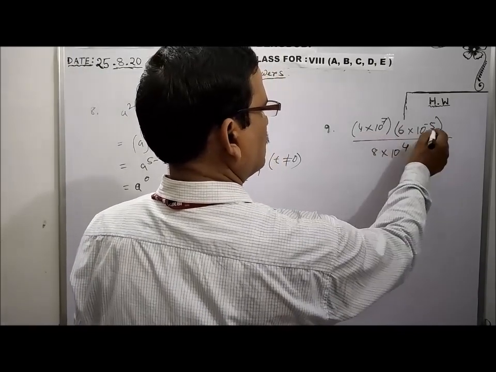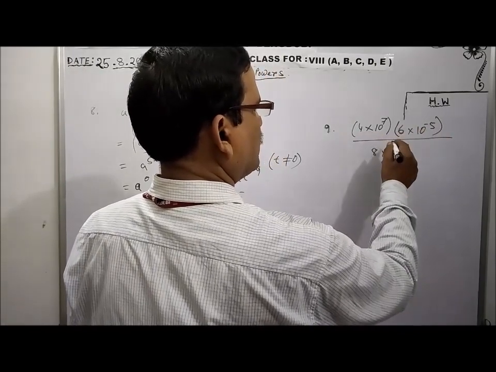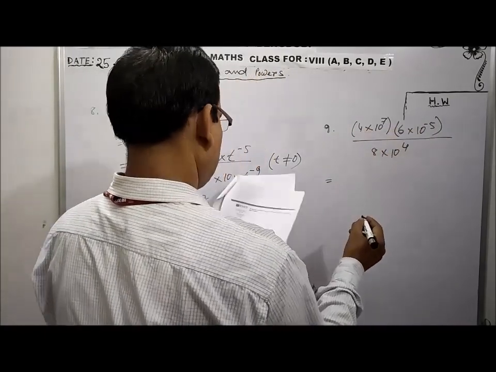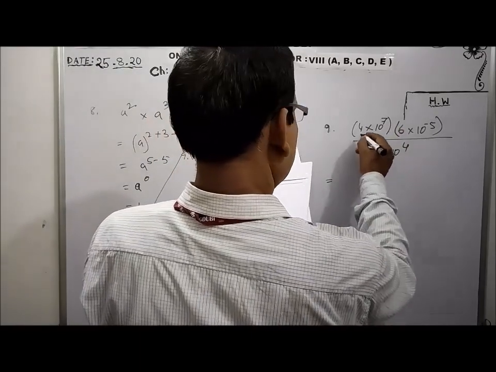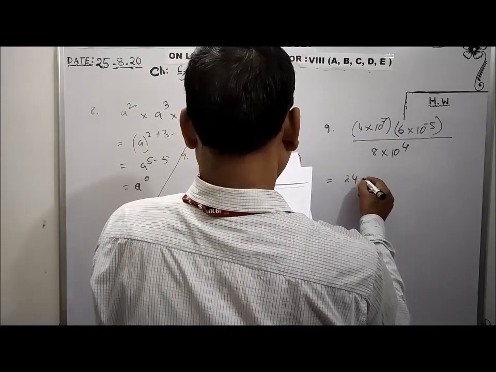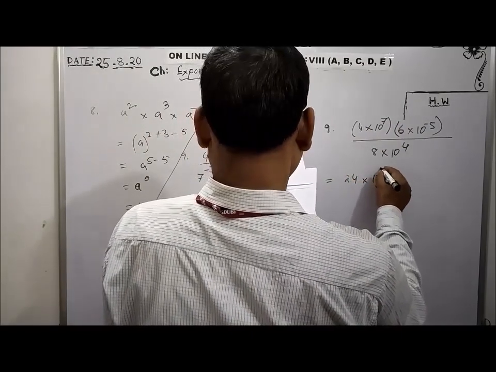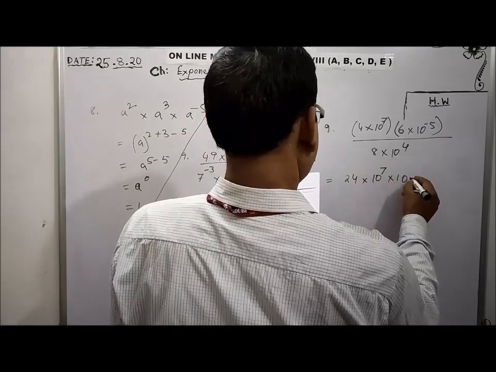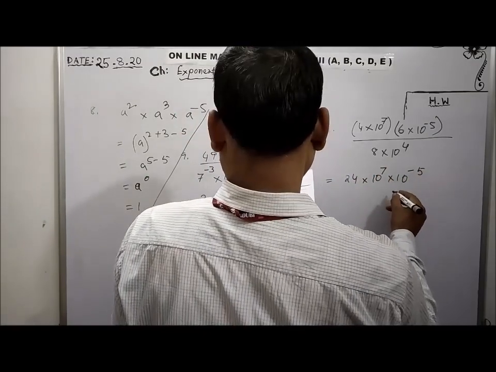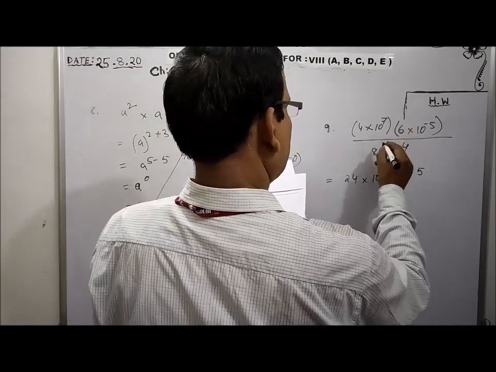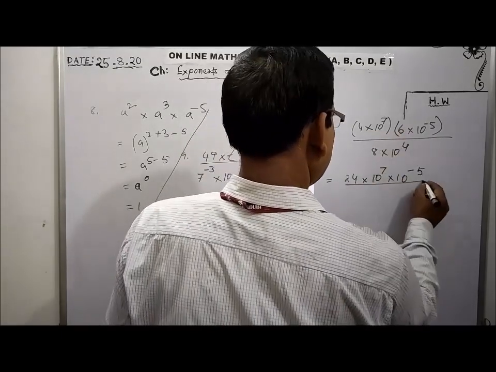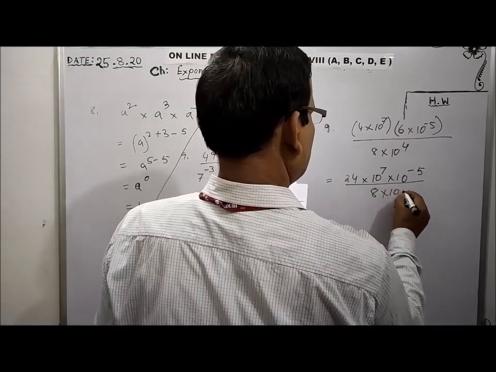You have to multiply these two. Okay. And whatever the solution is coming, you have to write down here. So if I multiply by 4, it will be what? It will be these two binomial product. After this, I'm getting result what? 24 into 10 raised to 7 into 10 raised to minus 6 minus 5 will be the result. Okay, and leave it like this. All in the product form. These two I have just multiplied. Okay, this 2 and 4, 24, and by 8 into 10 raised to 4.